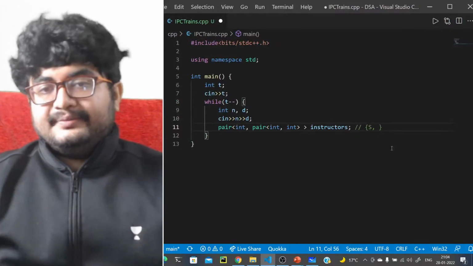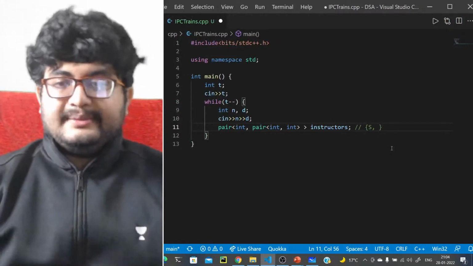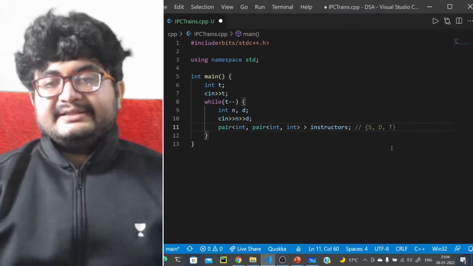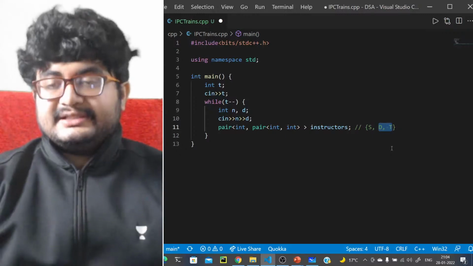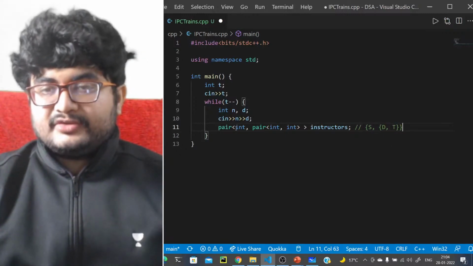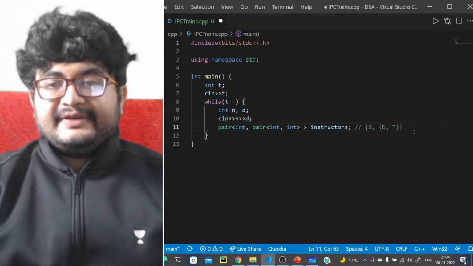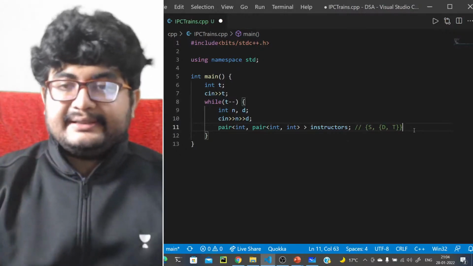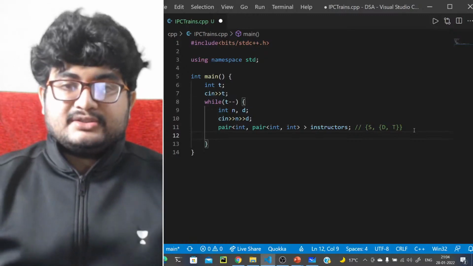After that, let's store d and t. This integer will be the sadness, because we'll sort by that. After that we can store d and t, what day he's arriving versus the number of lectures he wants to take.